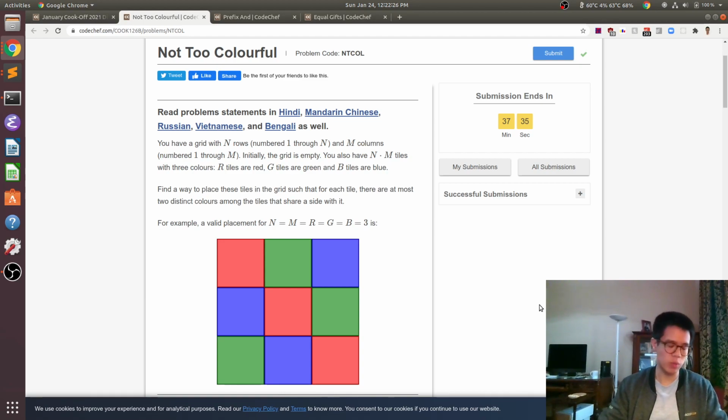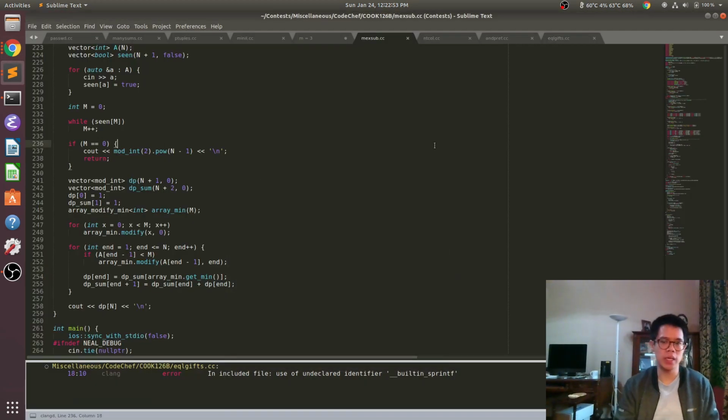If we guarantee that out of the white squares there's at most 2 colors from red, green, and blue. Out of the black squares we also guarantee there's at most 2 colors from red, green, and blue. And yeah, it turns out you can always do that. Basically, the way you do that is you kind of want to cut the 3 colors into 2 halves in a way where each half only gets 2 of the colors. So the only bad case is like